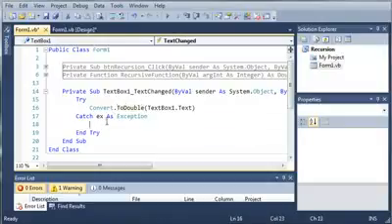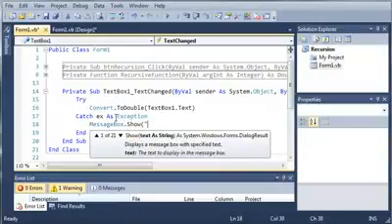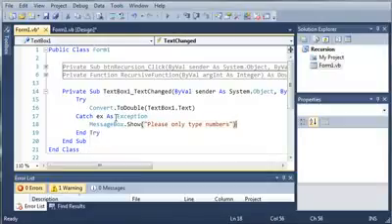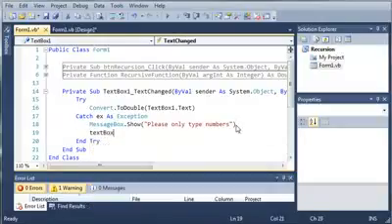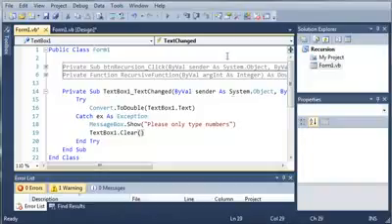So now if we get an error for this, what we want to do is we just want to tell them MessageBox.Show "Please only type numbers", and then after that let's go ahead and clear that text box. So TextBox1.Clear. Okay, so let's go ahead and run this,